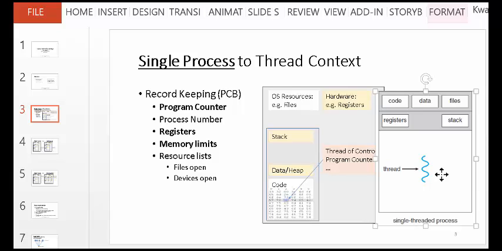All of this wiggly showing thread, all it means is that there is some executing. I think the line is representing the different ways in which it's executing, like going to different locations. So you can have one thread, meaning that there's just one executing context. That's most programs you have right now. You write it from the beginning to end, and it just runs from beginning to end. So one thread, that's what you have been doing.